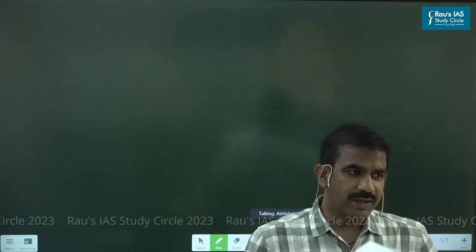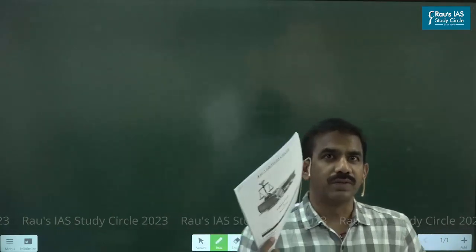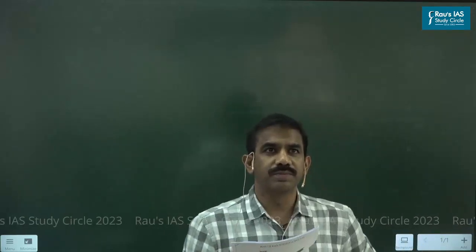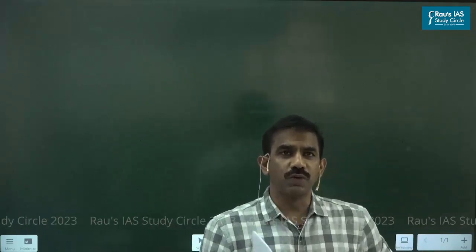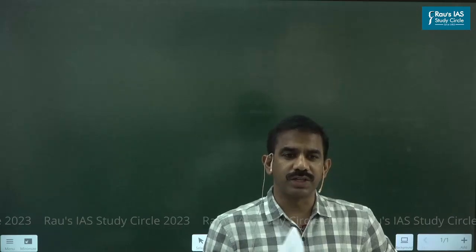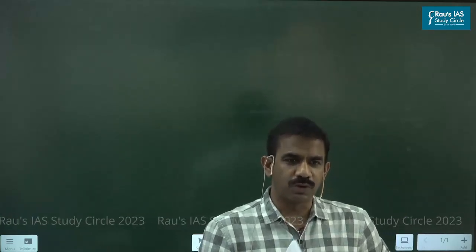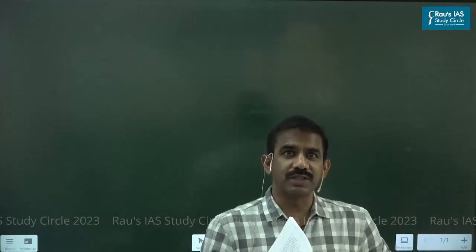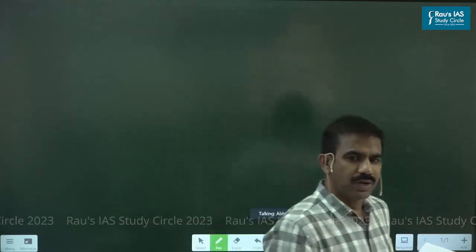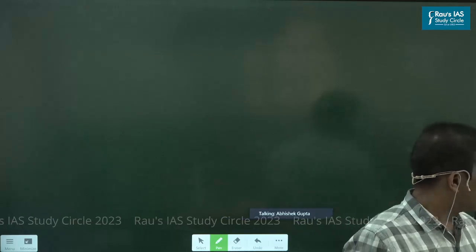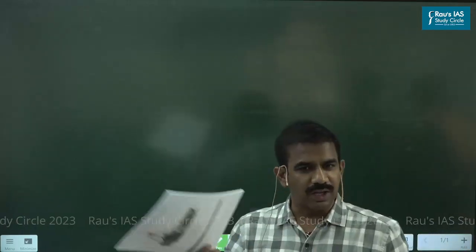I think in the last orientation I already made it clear. We'll start with money and banking, because most of you might have completed or covered the general studies part, and it would be more comfortable for you, isn't it? If I start with something like advanced micro or advanced macro, it would be really difficult for you. So the most interesting topics I will keep for later.